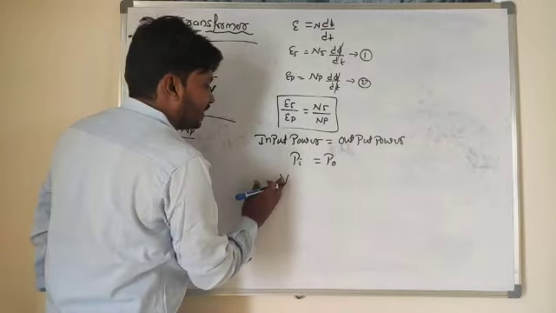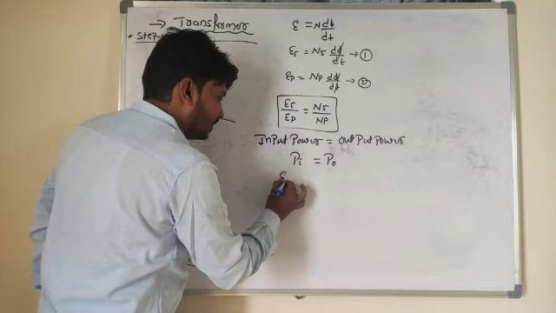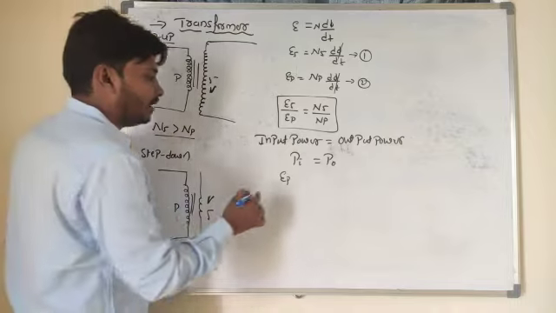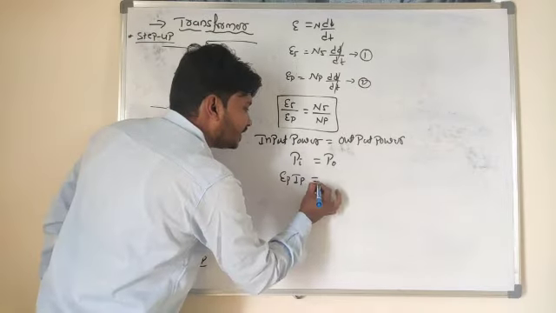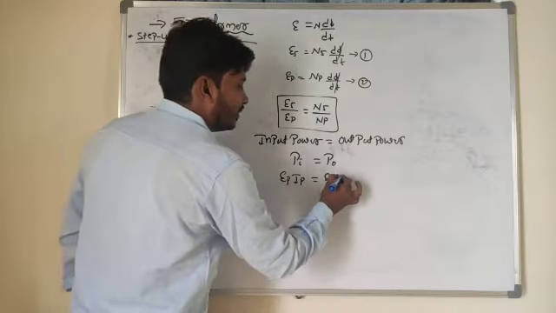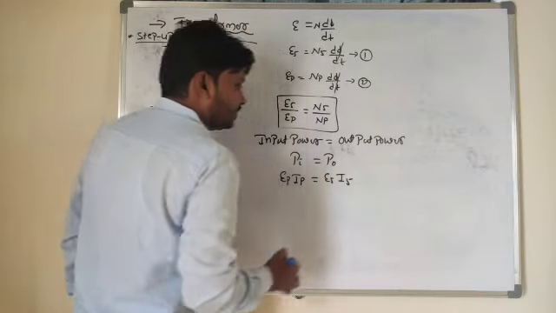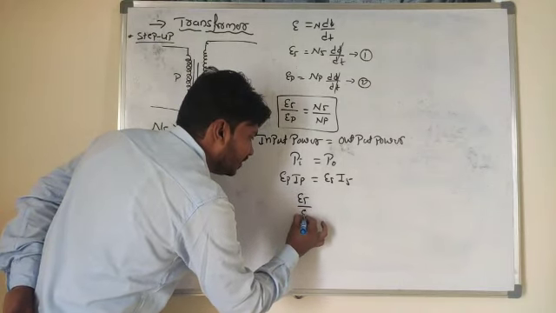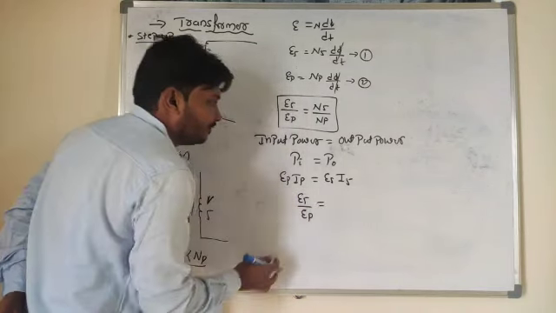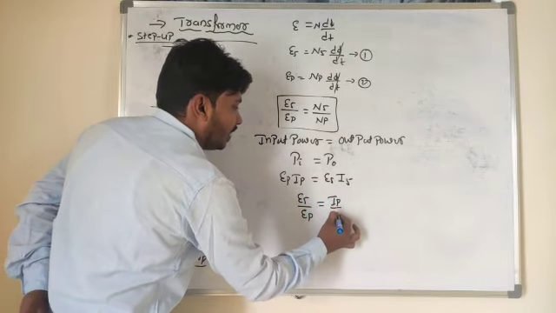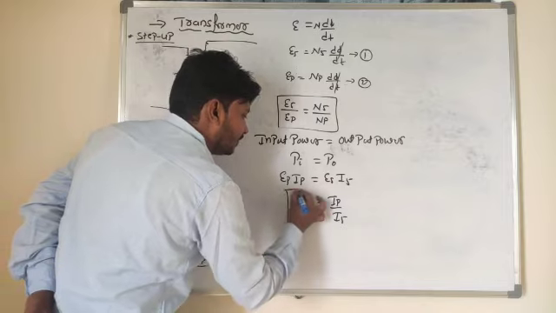Input power means P of input, output power means P of output. V here and E are both the same. So E means the EMF in the primary coil, and I means the current in the primary coil, I of P. Next, the EMF in the secondary coil, and the current in the secondary coil. So look here, shall I take that ratio? E of S divided by E of P is equal to I of P divided by I of S here.